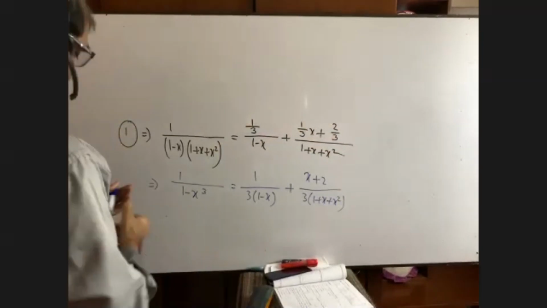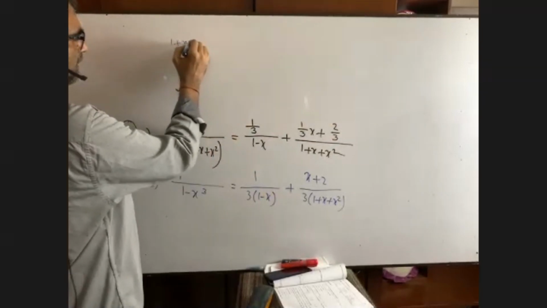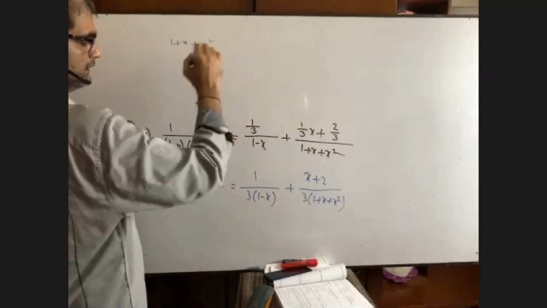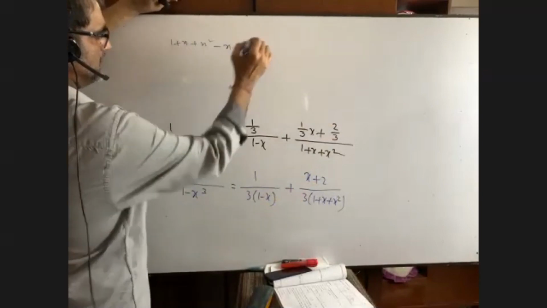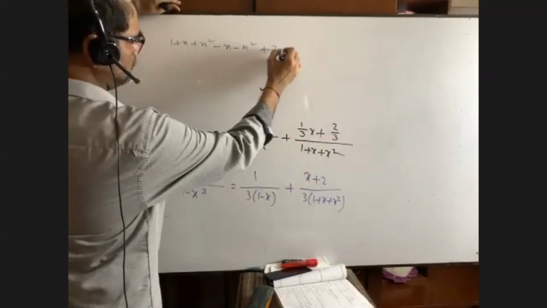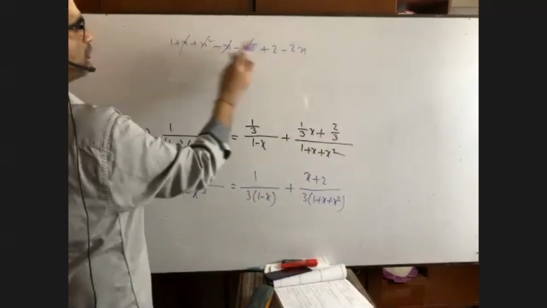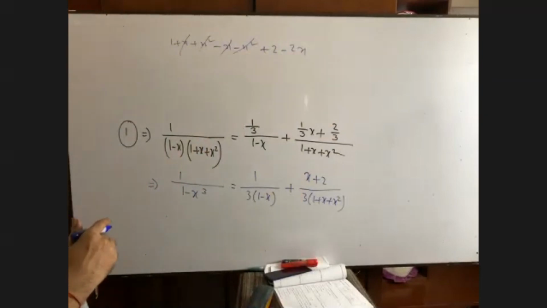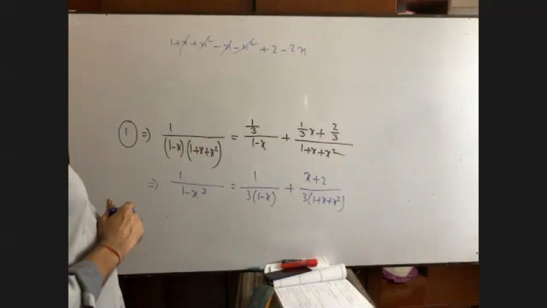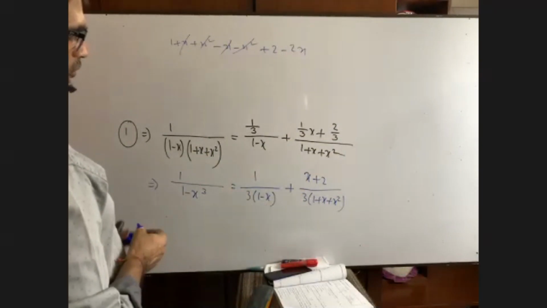How you will verify? Suppose you see it is 3 LCM, so we are getting 1 plus x square. Then we have to multiply by x minus x square by 2 minus 2x, x square is omitted, x omitted. So 1 plus 2, 3 minus 2x. Okay. No, we are wrong. We are wrong somewhere.